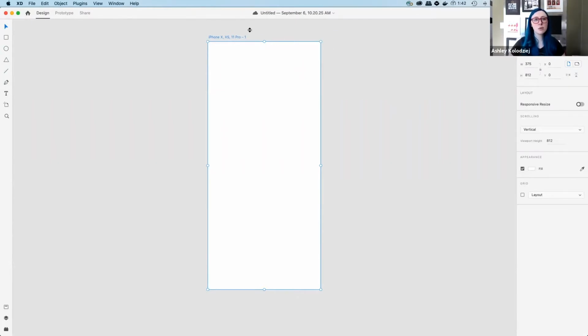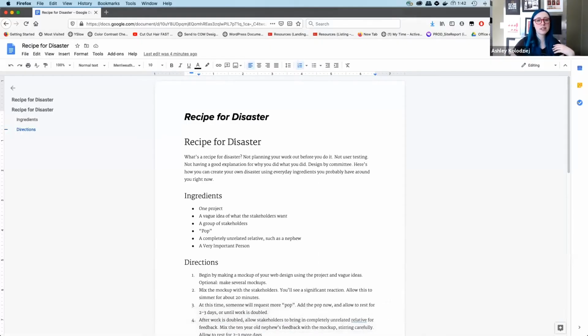And I'm just going to stick with one artboard for right now, just to demonstrate how I'm going to get this content in. This is going to be a phone size, so I'm going to start with just one column of content. And again, remember that the point of wireframes is really to show content priority and hierarchy. It's also to show how people should encounter and move through content.